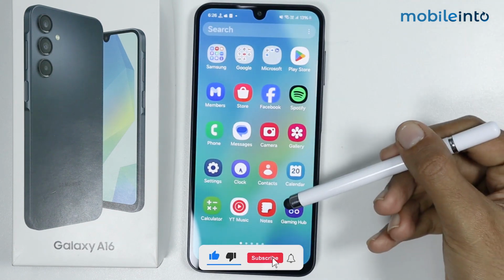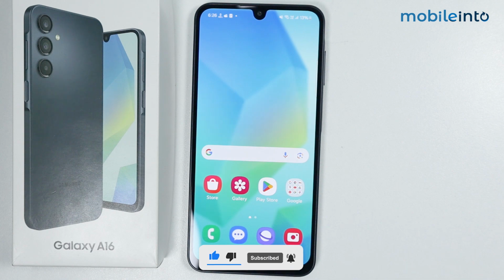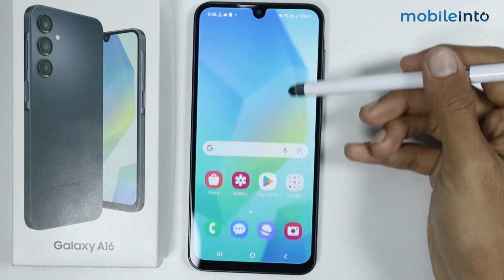Now as you can see, this is how you can enable and disable the app drawer on the Samsung Galaxy